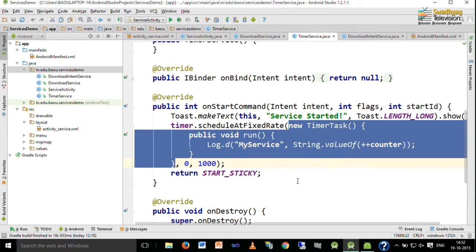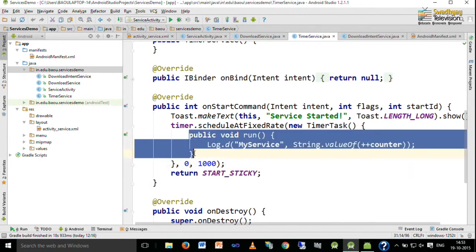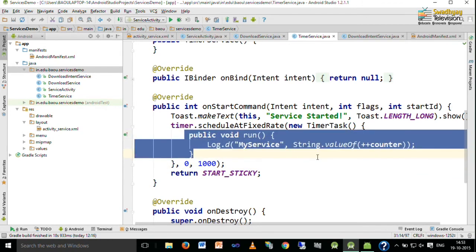So, in the background it continuously logs our counter value, and this 0 represents that the fixed rate method should immediately start without any delay, and this 1000 represents time in milliseconds for which this run method is repeated. So, here 1000 represents 1 second, for every 1 second this run method is called.